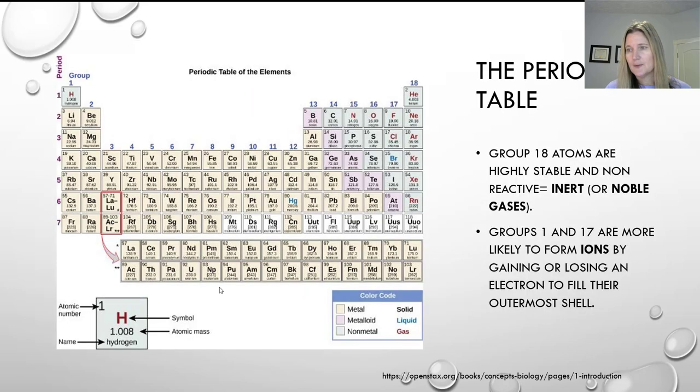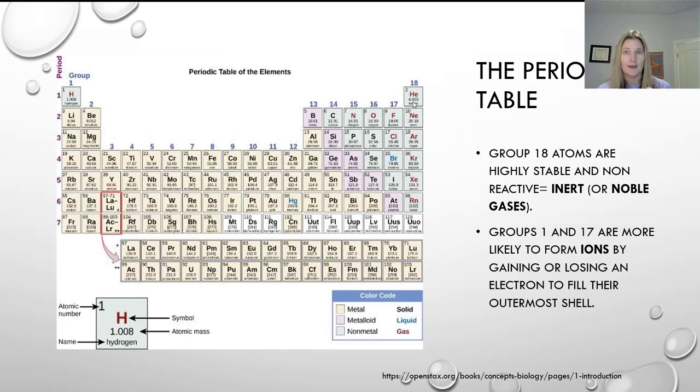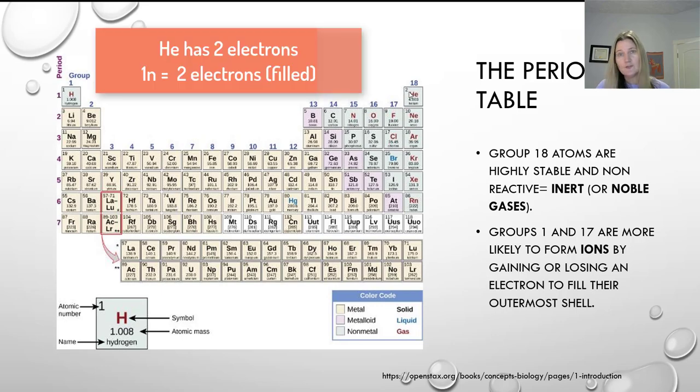So group 18, they are relatively stable. They're known as the noble gases, and it's because they've filled their outermost shells, okay, in just their neutral form. So for example, helium has 2 protons. Helium would then have 2 electrons. And so having 2 electrons, it's filled the innermost shell. And it doesn't have any more electrons, so that's it. So it's filled its innermost shell,